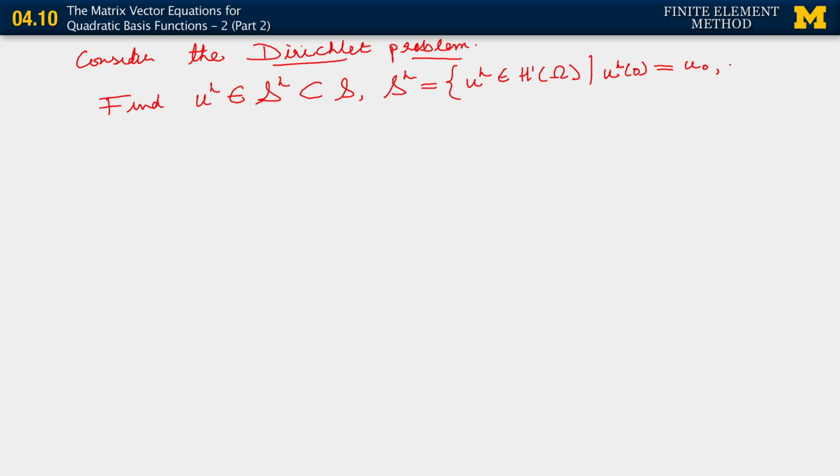And let's suppose that u^h at L equals u_L. Okay, so we have Dirichlet boundary conditions at both ends. We do not have a Neumann boundary condition at the right end. There are no Neumann conditions in this problem. Okay, right. Find u^h of this sort such that